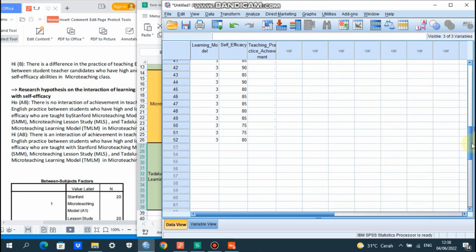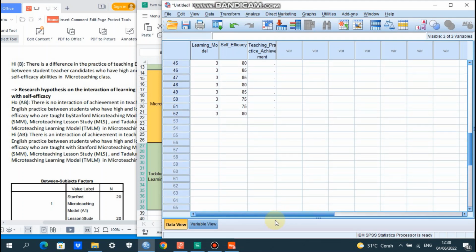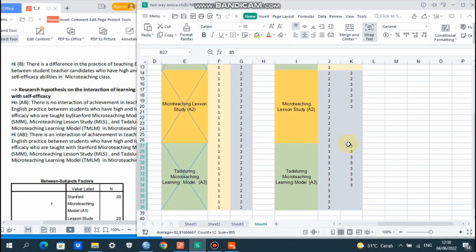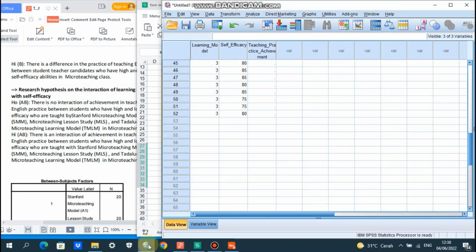And then the other 8 students joining the Tadaluring micro teaching model, we copy and paste in SPSS, enough, 60 students.